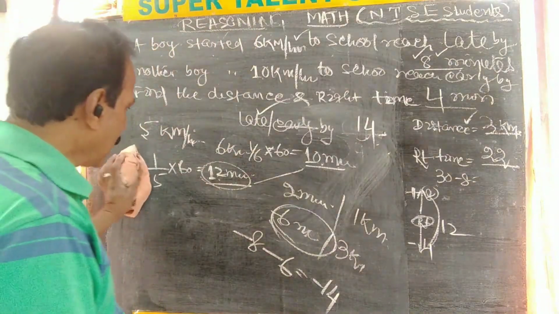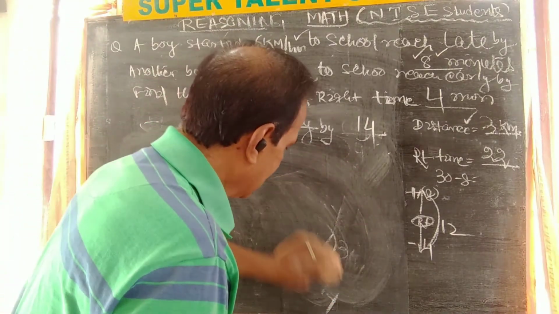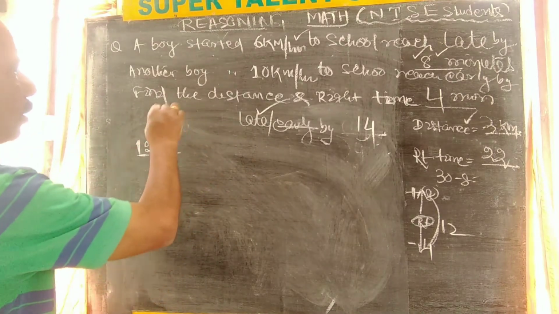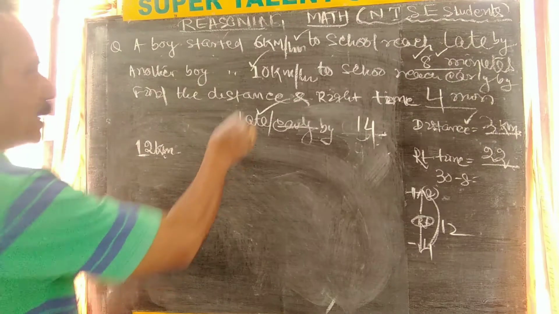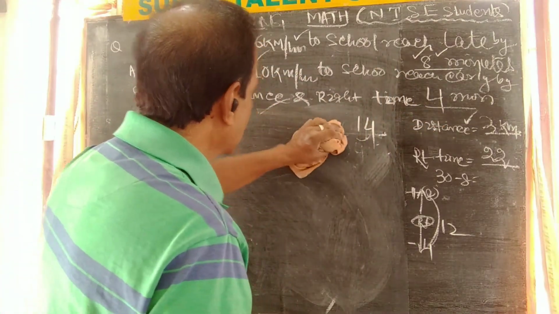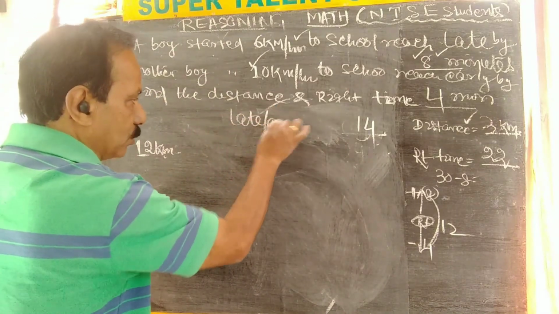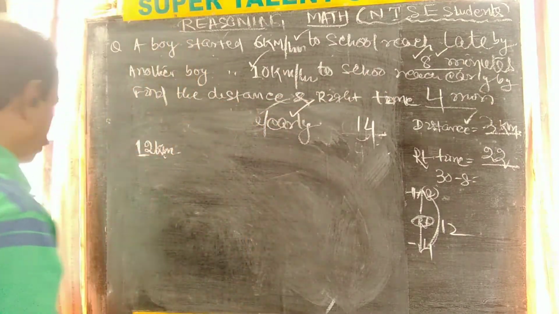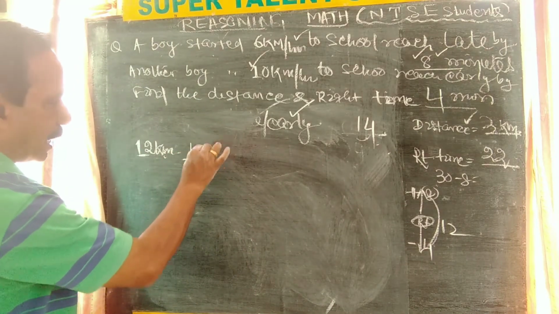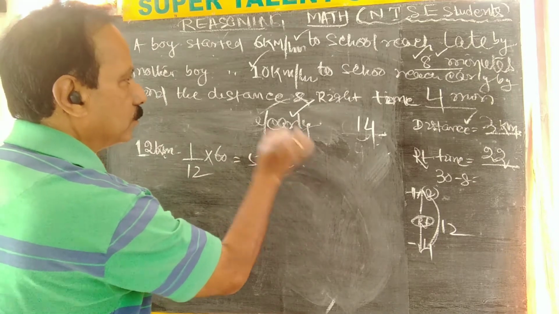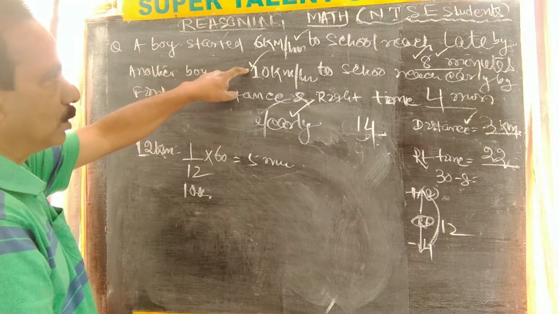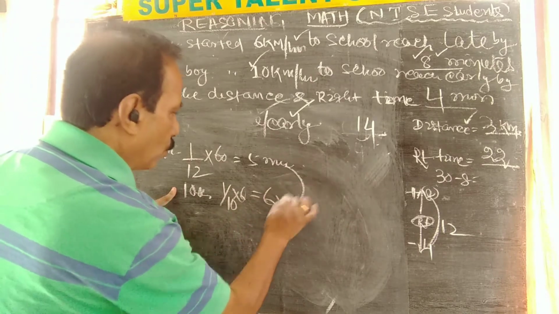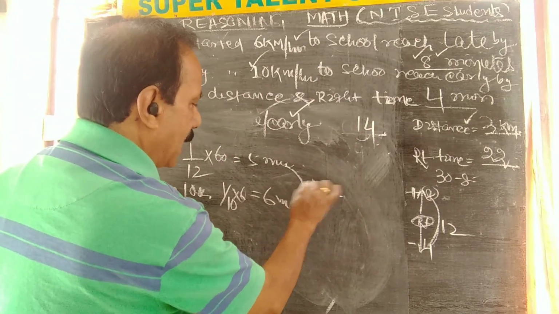14, right. Again one more thing you see: suppose another student started with 12 kilometer speed immediately. See how it happens: 12 kilometer, see what to compare it with, this 12 kilometer speed. See, what happens to 10 kilometer? Early. So the question will be confusing, late or early; you can see in the 2-3 years' questions. So if 10 kilometer is early, automatically it will be early, late it is not, no confusion. Now see, 12 kilometer, 1 kilometer, how much is it? See, how much? 5 minutes. See, 10 kilometer, how much was it? Compare with 10, with 6 also it will be. Compare 10 kilometer, 1/10, already how much? 6 minutes. So 1 kilometer difference, how much is it? +1, 5